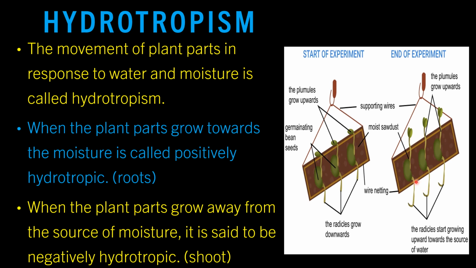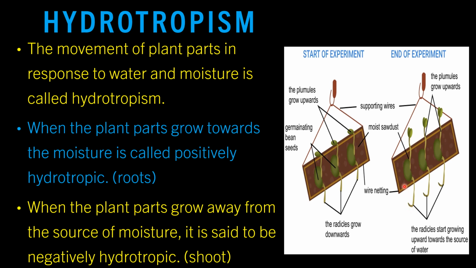The shoots grow upwards all the time. We know that shoots are negatively hydrotropic. Then in the radicle, two types of tropic movement you can see, gravitotropism and hydrotropism. But which one is more active? Is the hydrotropic movement stronger than gravitotropism, because after a few days this radicle is curved towards the